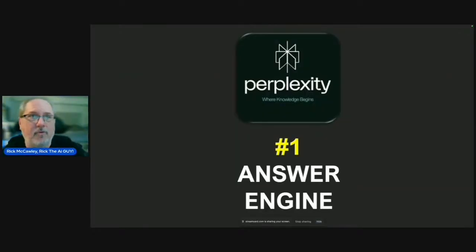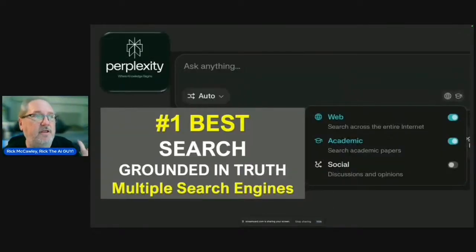All right. So number one, it's an answer engine. That's it. Its search can be specifically tuned to what you want. If you want everything off the internet, you click on that toggle, that little earth sign over there. So that's the web, or only academic or social. So that would go look at Reddit, things like that. If you go on Grok, it's all trained on X or Twitter stuff. And it's also fine-tuned to be racist and a Nazi and a bunch of other things. So anyway, it ain't that.